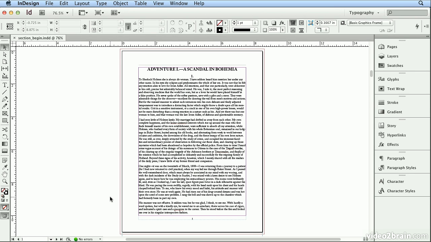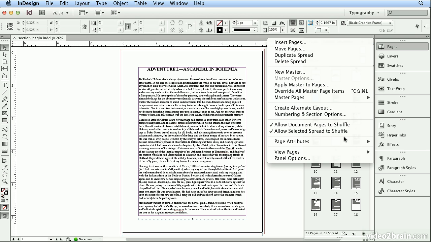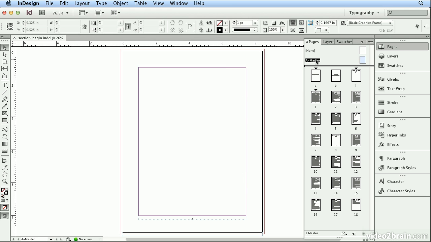InDesign has a very unique feature called a section marker, and section markers would be used for chapter names as an example. To create a section marker, I'll go to the Pages panel, and I do have my pages viewed horizontally. That way you fit more in the panel. In the Pages panel, I'll double-click on A Master, and here I have the page number already added, but what